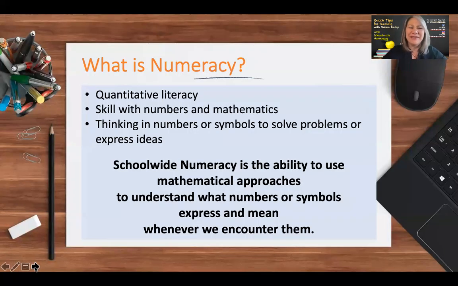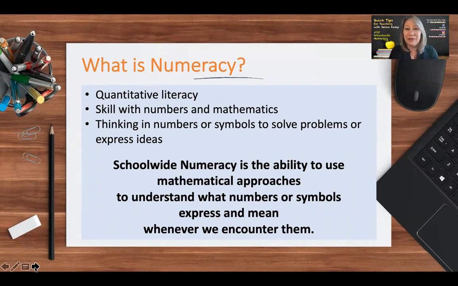What is numeracy? I like to think of it as quantitative literacy, or skill with numbers in mathematics. It's thinking in numbers or symbols to solve problems or express ideas. School-wide numeracy, however, is the ability to use those mathematical approaches to understand what numbers or symbols express and mean